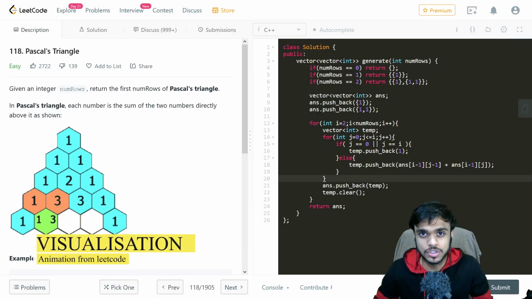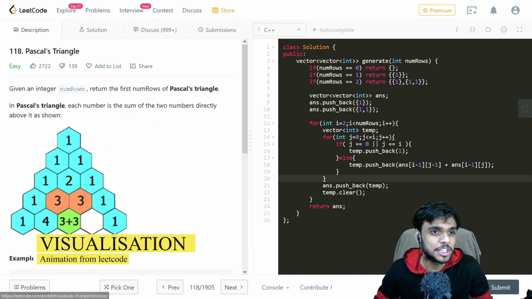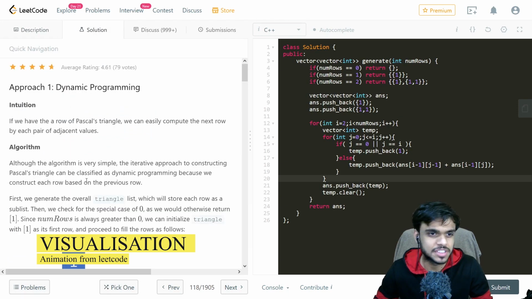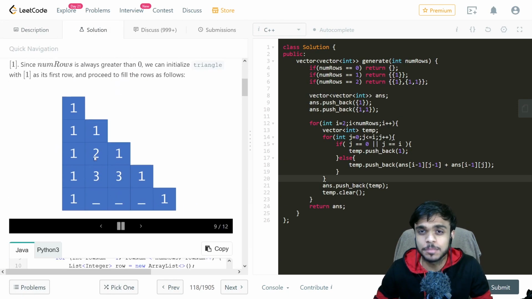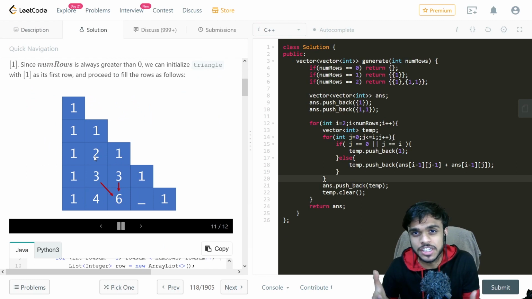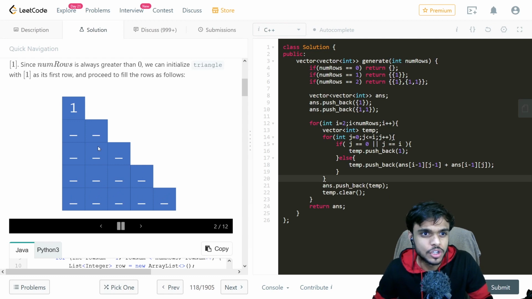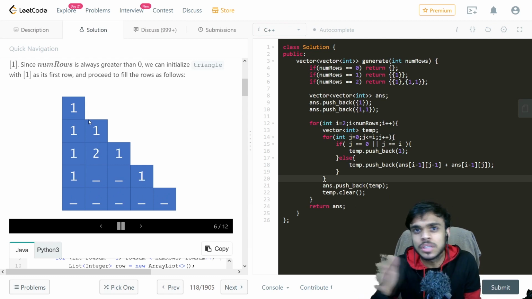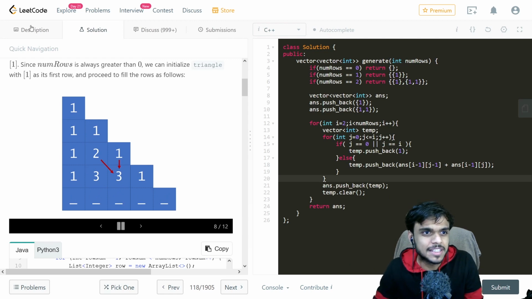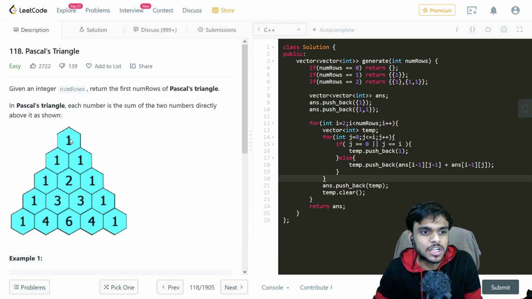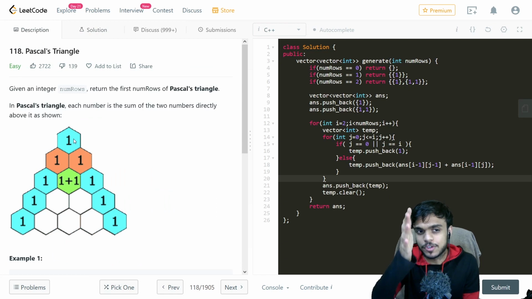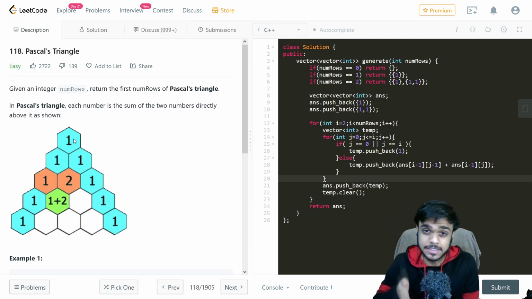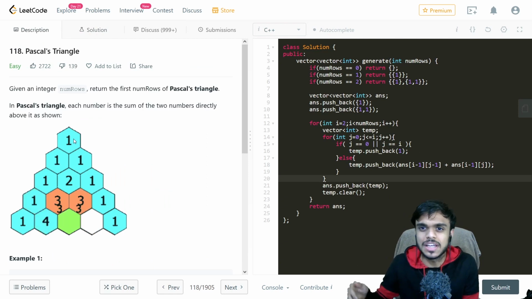Before going into the solution, I wanted to show you one more animation that LeetCode has provided in the solution section. It helps to visualize the indices of the DP table, or the matrix, that we'll be creating to populate the values. What they have done is take the Pascal triangle and shift it to the left side, so that each row's first element comes in a single column, and then the rest adjust to the right-hand side.